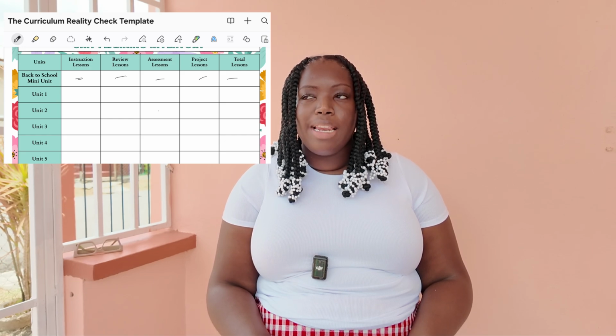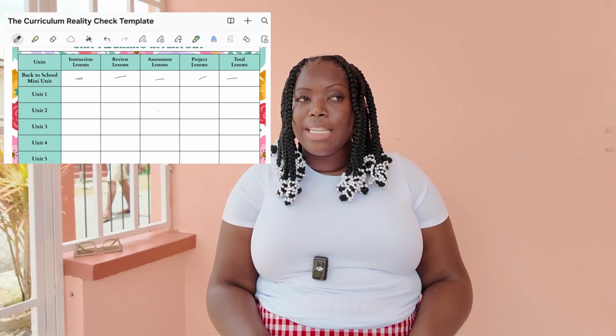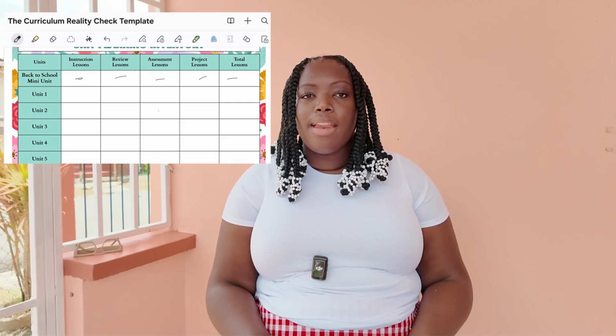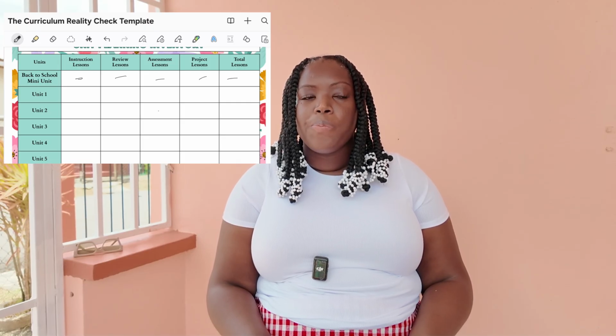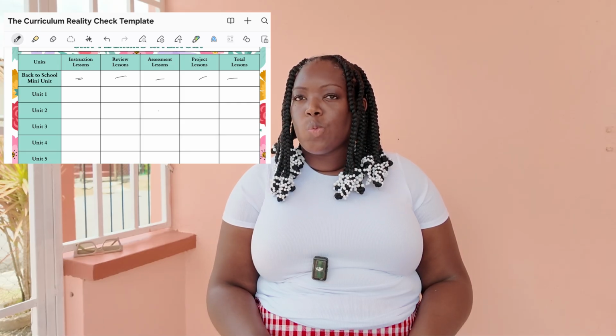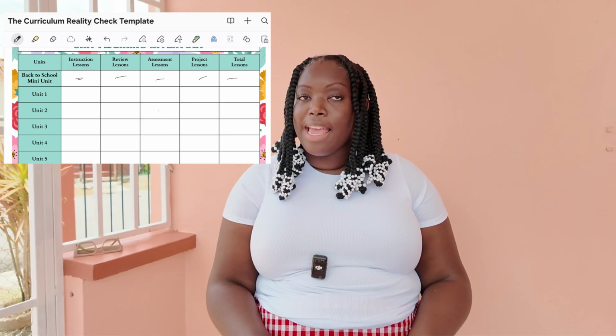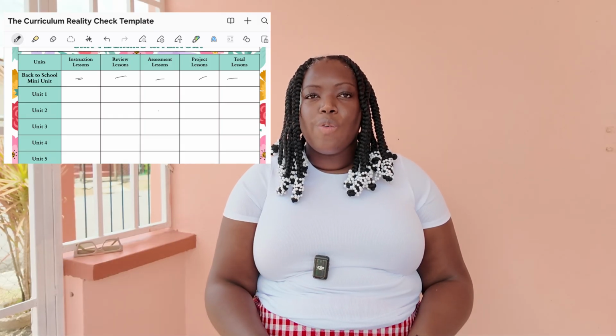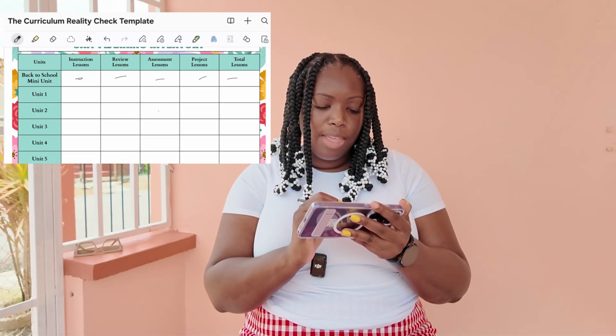Then I have 3 lessons for that mini unit, plus a test. So that's 4 lessons in all. And then for the next mini unit, I'm going to do 5 lessons and then an exam. So 4 plus 5 is 9. So I'm thinking